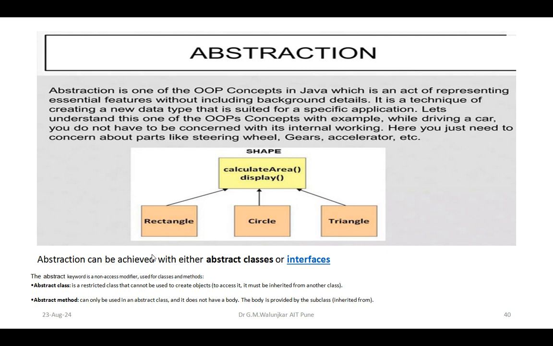So this is nothing but the concept associated with this particular abstraction. Now consider an example here. Suppose shape is the class, and you are supposed to calculate the area and display it. Rectangle is a kind of shape, circle is a shape, and triangle is a shape. In this case, you are not disclosing all the information in the shape class. As per need, the other classes, which are a kind of rectangular shape,